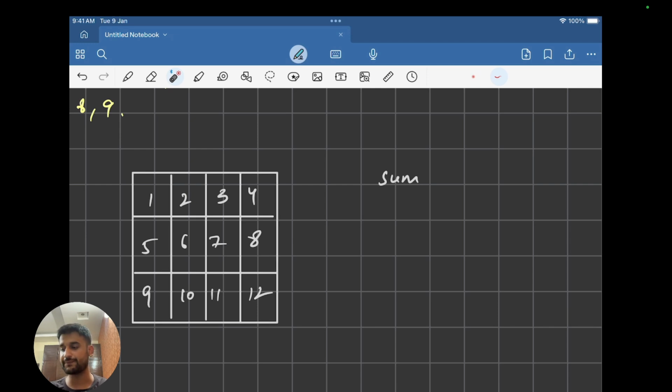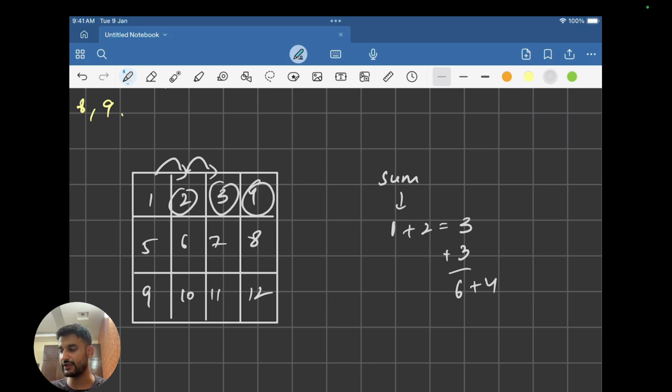What we have to do is go to each element of the array. Let's say I go to ij, so this is 0 0. I'll create this sum variable, and this sum variable will hold the value of the first element, let's say 1. Then it will go to the next element and add this value to the previous sum, so it will say 1 plus 2, 3. Then it will go over here and add this value to the previous value of the sum, so 3 plus 3 gives me 6. Then go over here and it's going to say 6 plus 4, so this is going to give me 10,